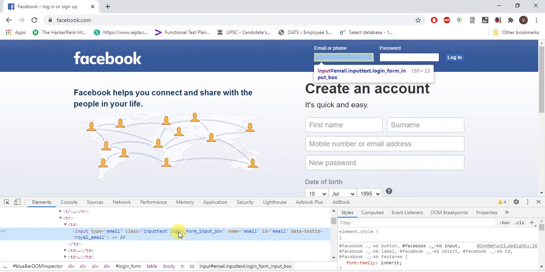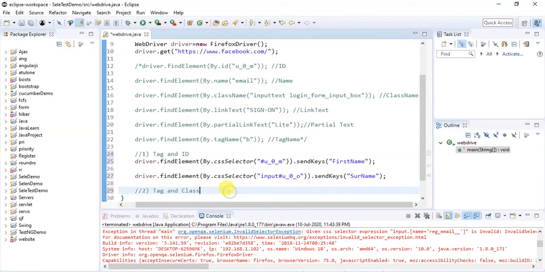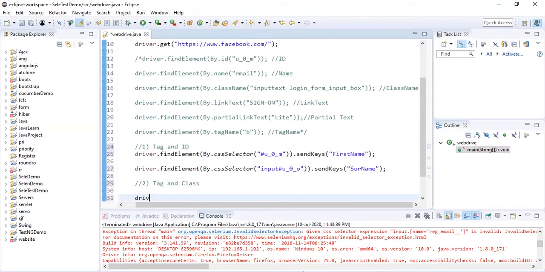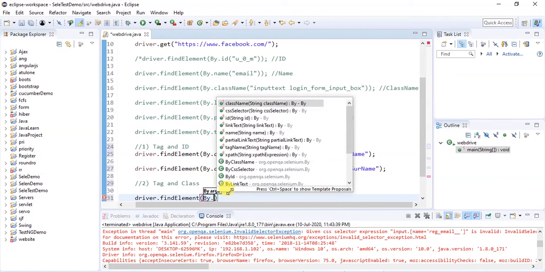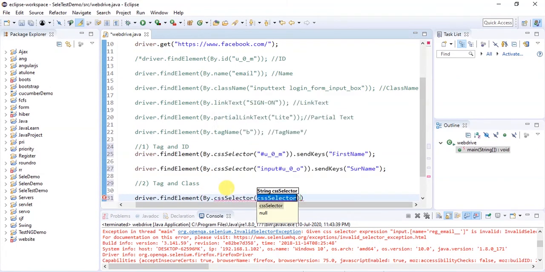Okay, so here given is class, so we will simply copy this class and use it in our program. driver.findElement by CSS selector. Now the tag here is input, so in class we have to use dot. Okay, so we will use dot here,